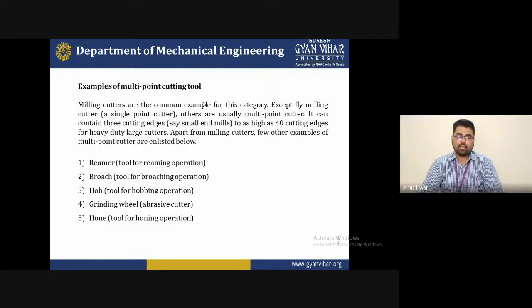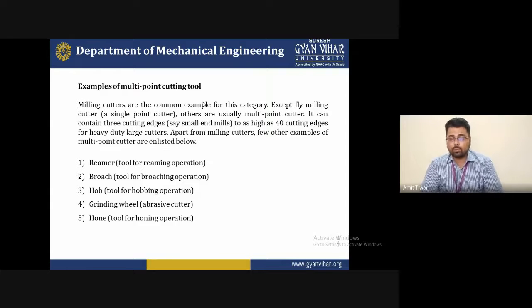Now these are examples of multi-point cutting tools. I gave a lot of examples earlier, and now I am showing you some examples of multi-point cutting tools. The reamer is the tool used for the reaming operation. Broaching means the tool is used for the broaching operation.